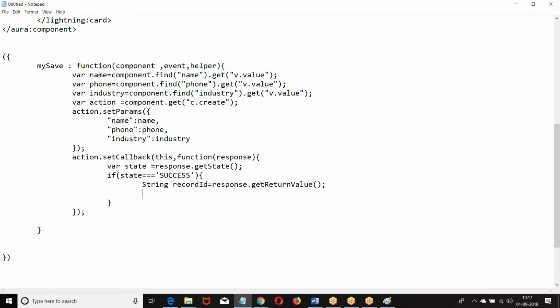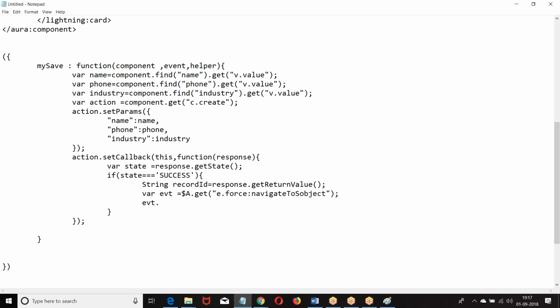Then once you got the return value, you are supposed to create an event. How do you create an event? Component dot, how do you define it? We want to call an event: $A dot get e dot force colon navigate to SObject.